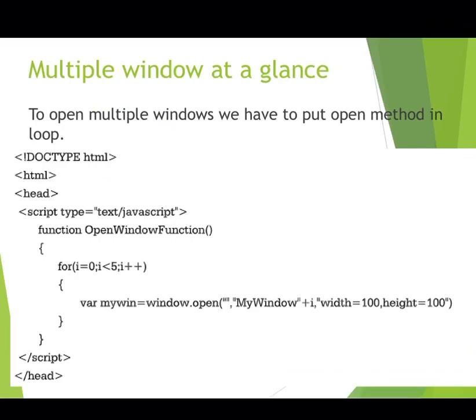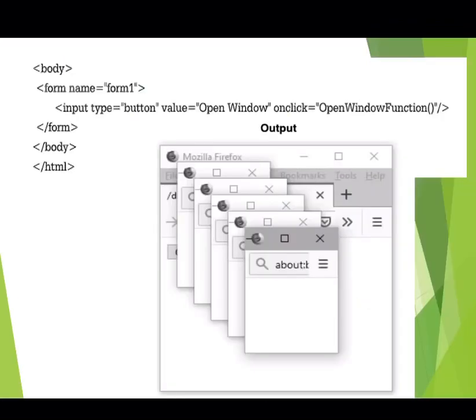Okay, so where my_win is equal to window.open, then what we'll do, URL is blank, name of the window is my window, then we'll write plus i to increment the value of i, width and height we are giving as 100. Okay, close the for loop, close the function, script tag, head tag, then we'll design a form, open body tag,